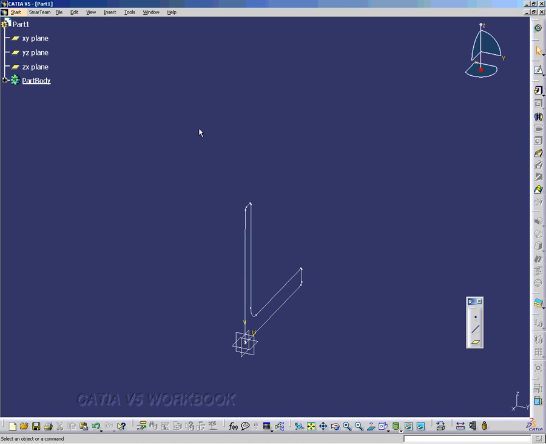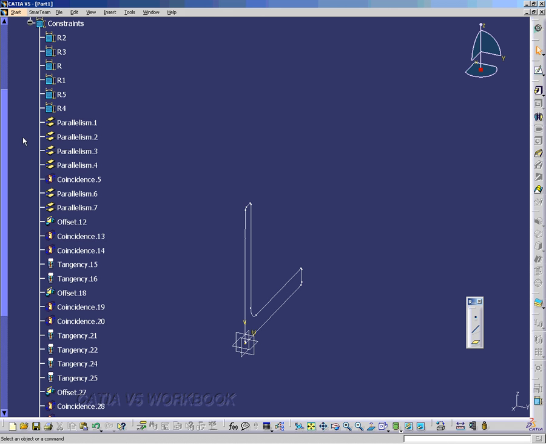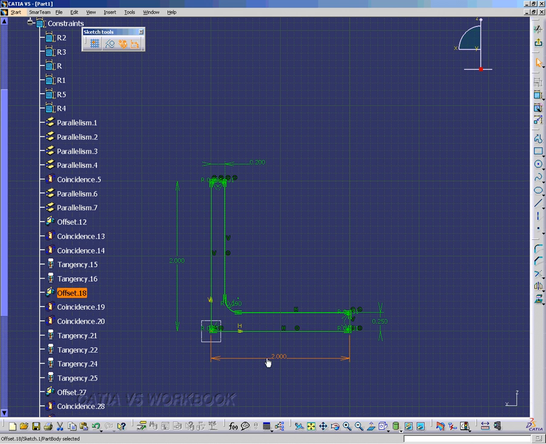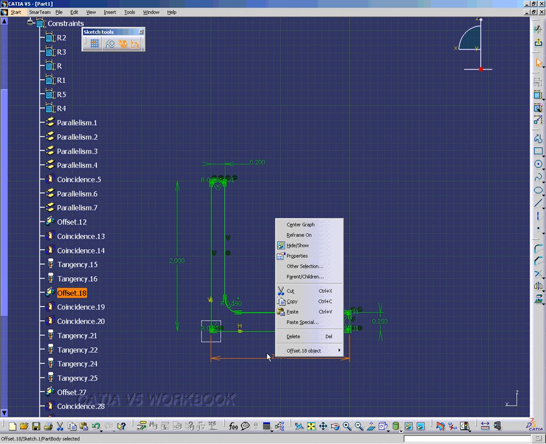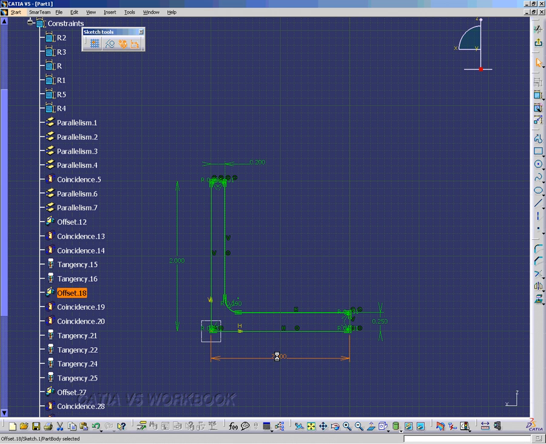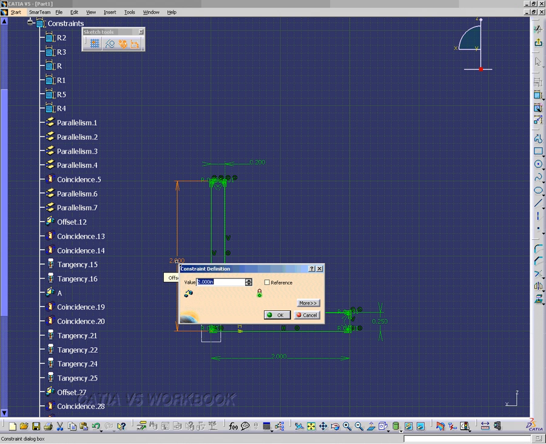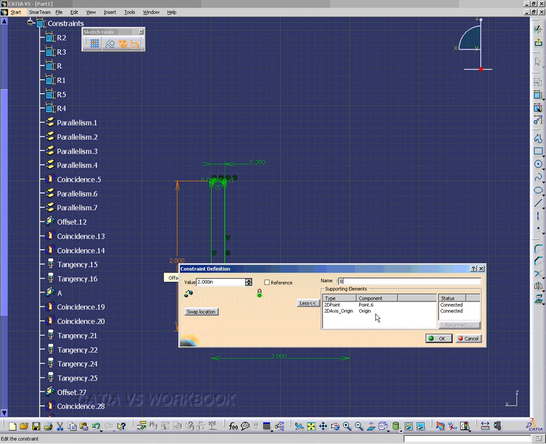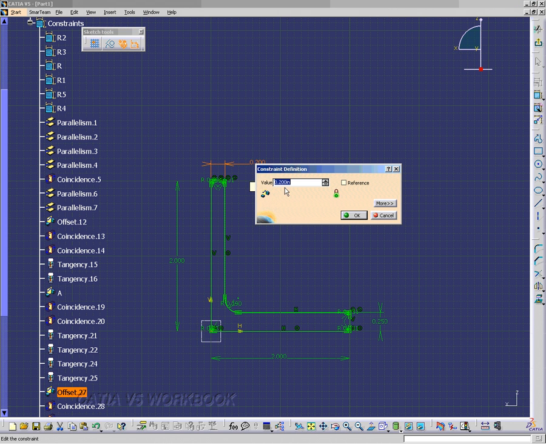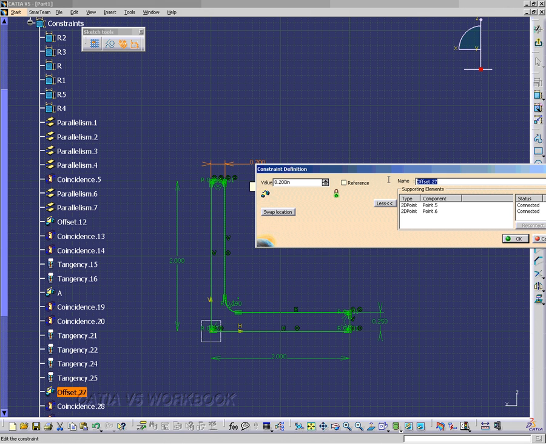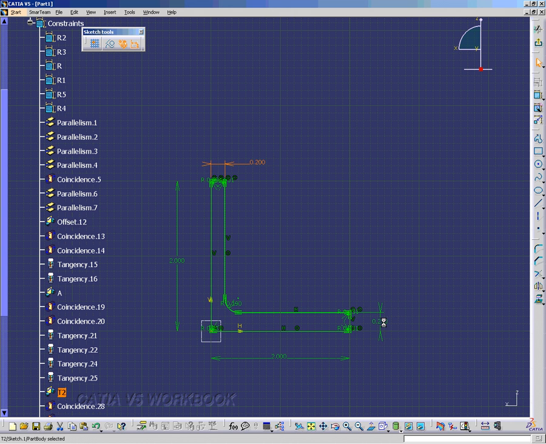And I'm going to exit the workbench, and I'm going to expand the constraints here. And notice here I'm going to double click on the offset here. For some reason it didn't take the name, so I'm going to double click on it and go more. I'm going to name it A, select OK. Now it's renamed A, and same with this, I'm going to rename it to B, and double check. Yeah, the names didn't take on these, so this is going to be T2. Double click on this,